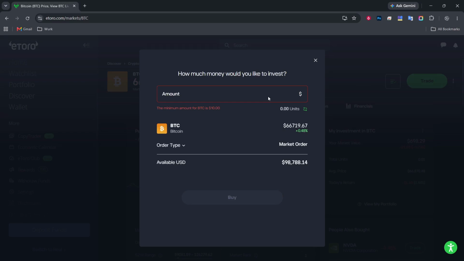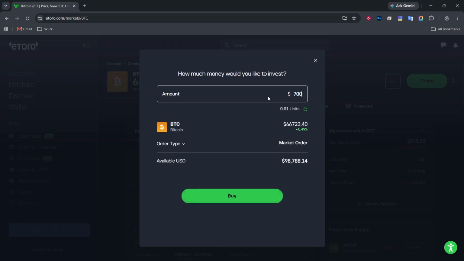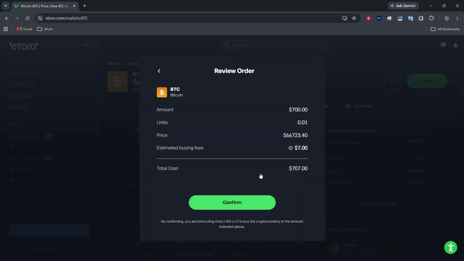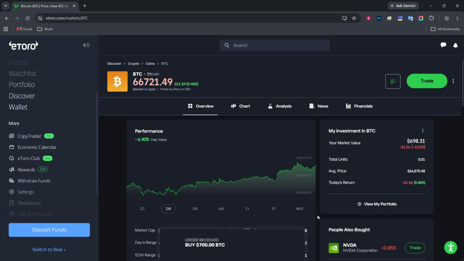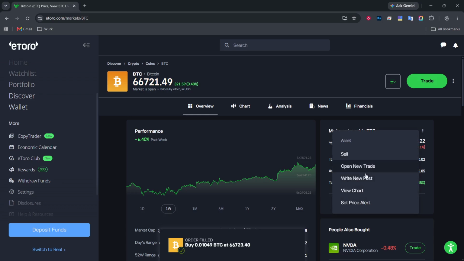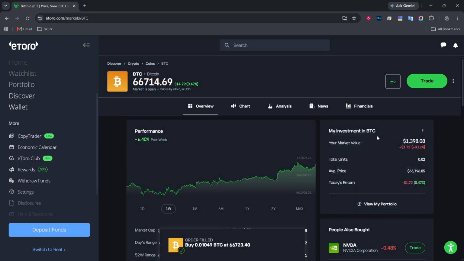Next up, it's time to monitor your positions. Navigate to the portfolio section to see how your trades are performing. This is your personal dashboard where you can track all your virtual investments. Monitoring your positions is important as it helps you understand market movements and how your decisions impact potential gains or losses. At this point, you might want to switch back to your real portfolio to return to your live account.